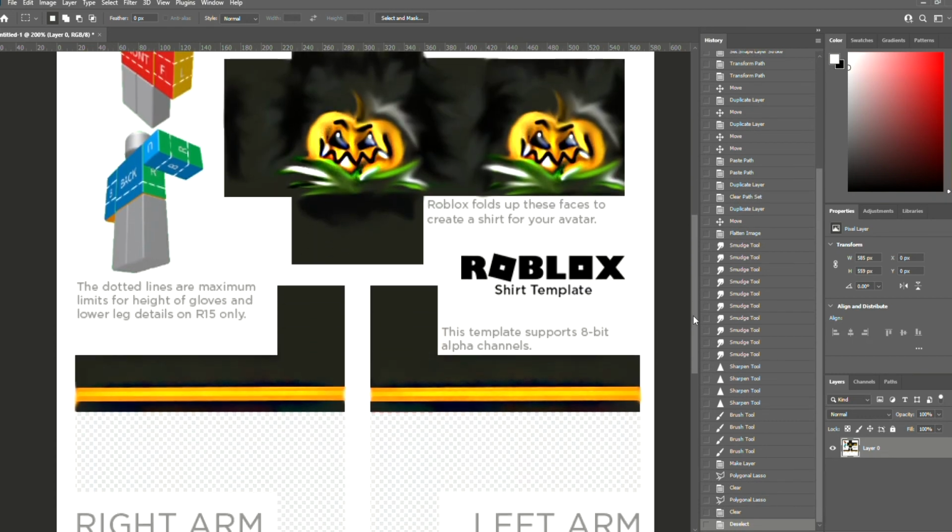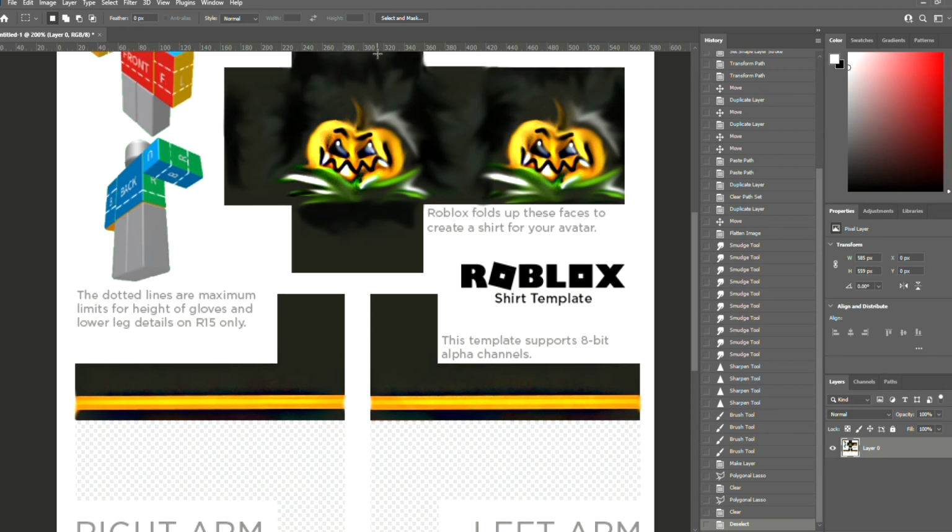So that is our t-shirt. We've got front, side, bottom and top, back, top of the shoulders and the arms, and then we've deleted all the rest of the template. So what we're going to do now is we are going to go on File, we are going to go on Save As. You're going to save it on your computer,